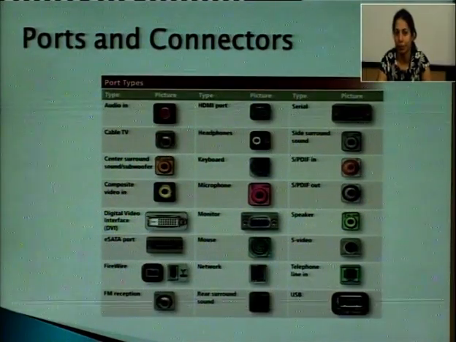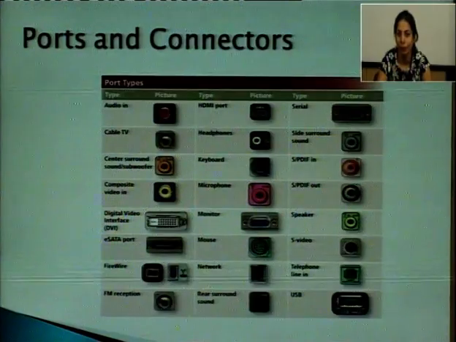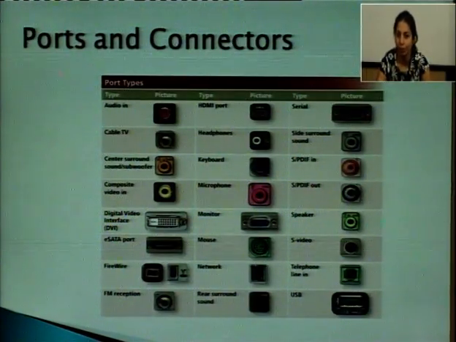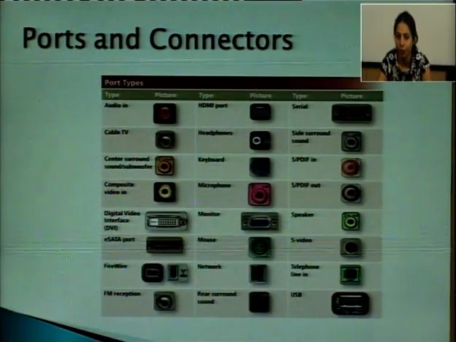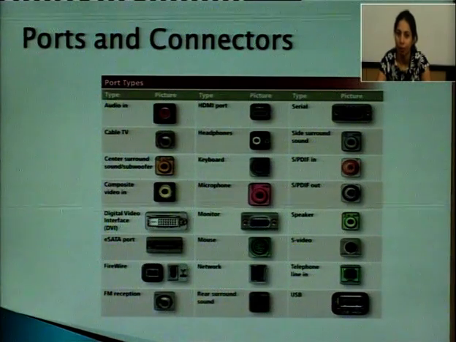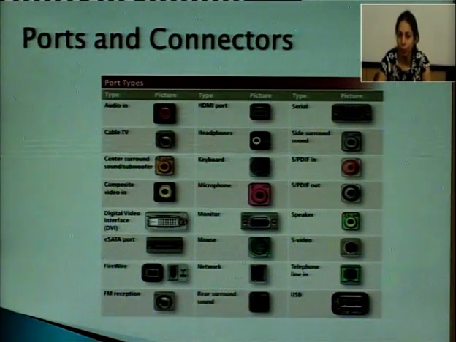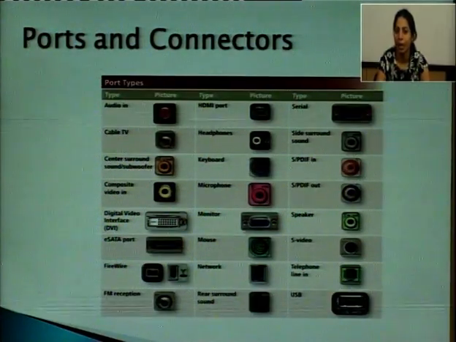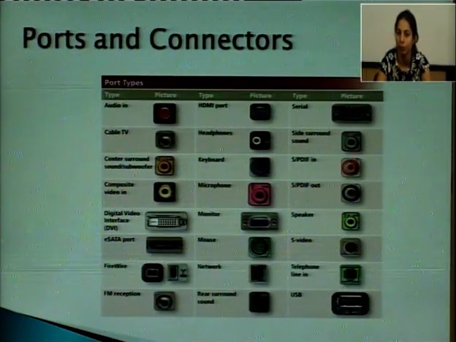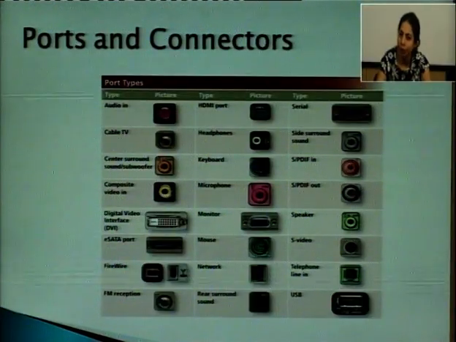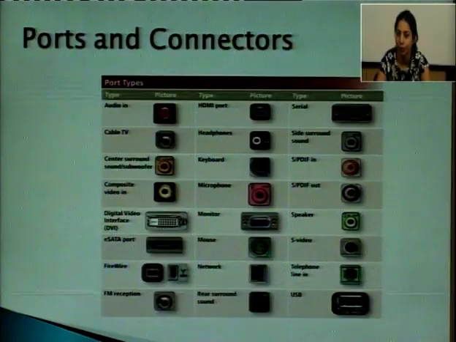So, this is a detailed description of various types of ports, like audio in, which is in red color, cable TV port, center surround port, composite video in port, digital video interface, that is DVI, then eSATA port, firewire port, FM reception port, HDMI port, headphones, keyboard, microphone, for the monitor and for the mouse, for the network connection, for the rear sound, serial port, side sound, then SPDIF in, SPDIF out, speaker, S video, telephone inline, USB.